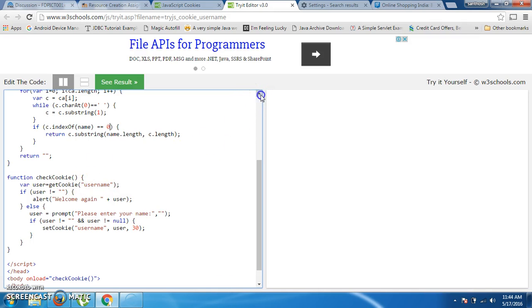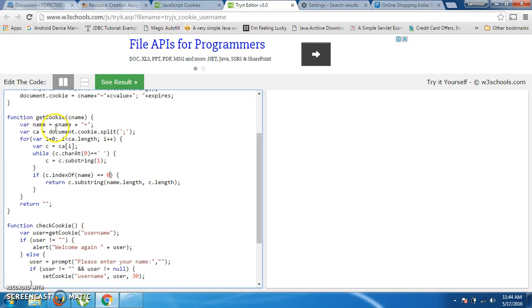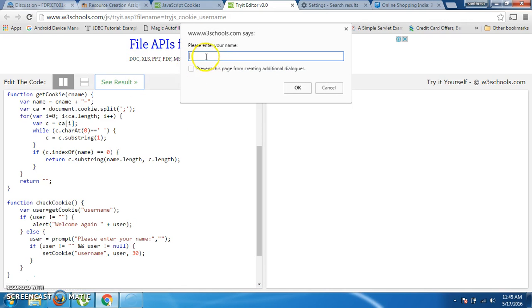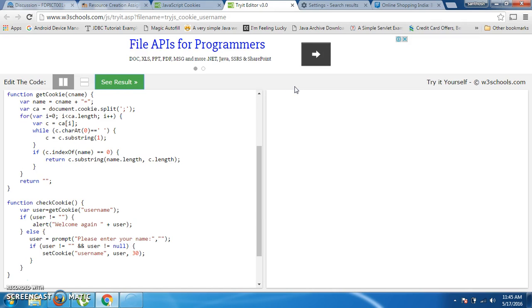The checkCookie function will check for the cookie name username. If the cookie is available, then it will return the value of the username, and then an alert window will be displayed. If the cookie is not available, then it will display the prompt window and ask for the username. So let us see the example. See here, it is displaying the prompt window to enter your username. I am entering my username, that is Santhosh, and I have